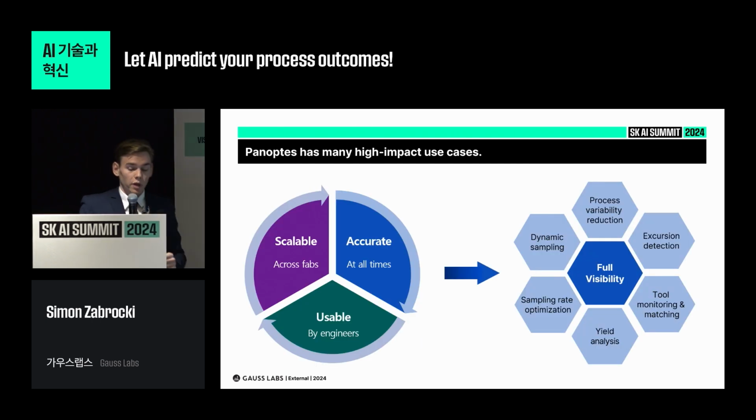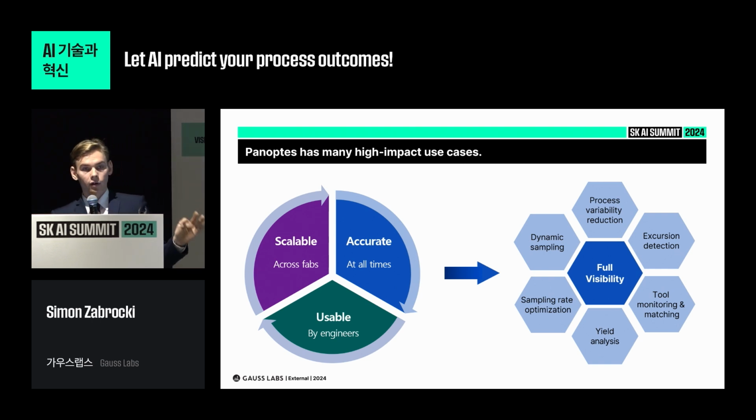What's very interesting with Panoptes VM is that you can imagine that when you're able to go from a state where you have very limited visibility to a state where you have full visibility on what's going on, you have lots and lots of possibilities, right? And just like, again, if we take the comparison from before with the pilot flying his airplane, he cannot fly the same way if he doesn't have very precise instruments and if he's just flying at sight. Here is exactly the same thing. So because we are able to produce scalable, accurate, and also usable by engineers systems,